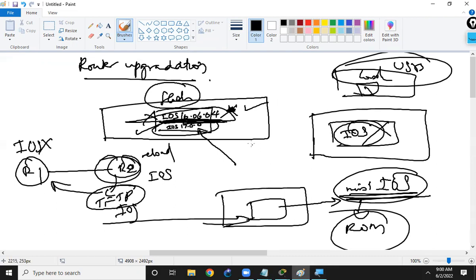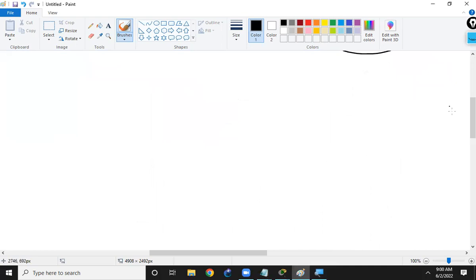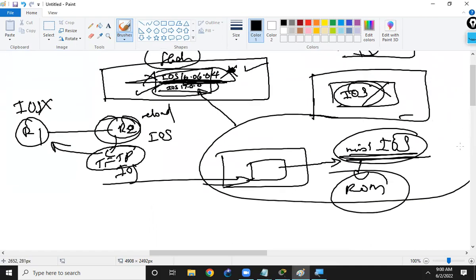Clear? Okay, so now I'll be teaching you the first one. If your iOS goes corrupt, how to go to the mini iOS and how you can load the iOS from the TFTP. Okay, so for that,